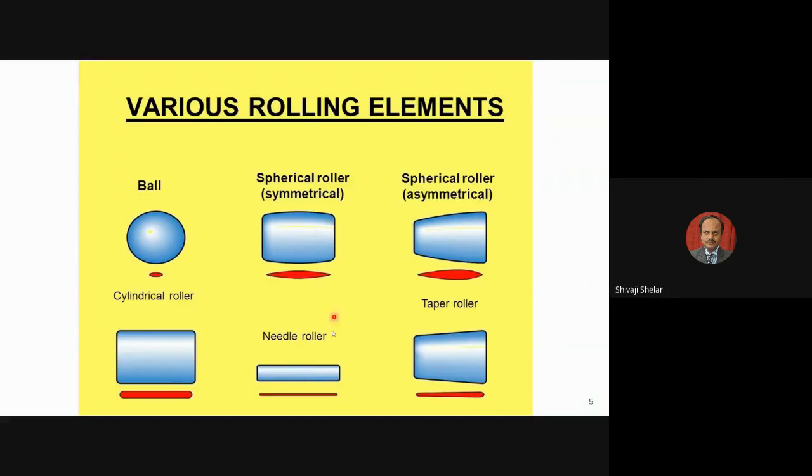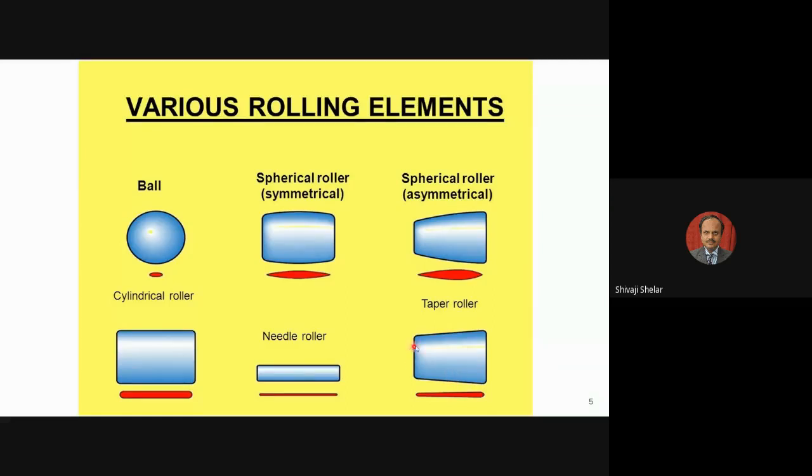Then we have this cylinder. Instead of keeping this cylindrical surface in its shape, you can convert it into a different shape. You can convert it into a taper roller. If you turn this surface in this direction and in this direction, you will have a smaller diameter here and a bigger diameter here. That is called a tapering element, a taper roller. If you use taper rollers in a bearing, it is called a taper roller bearing.